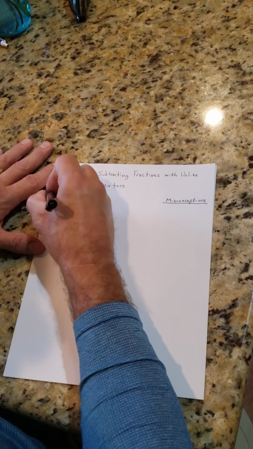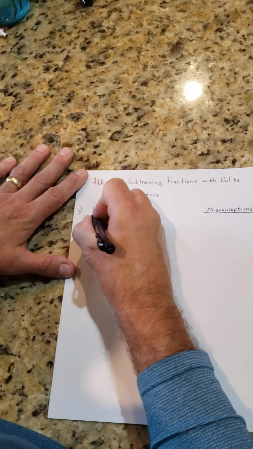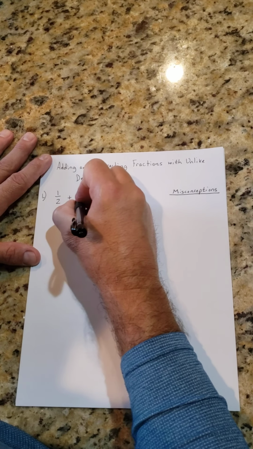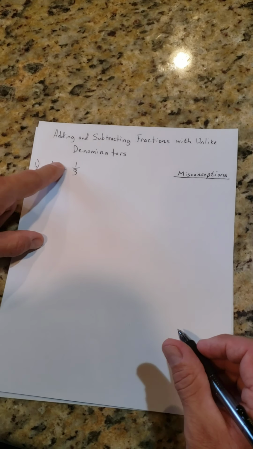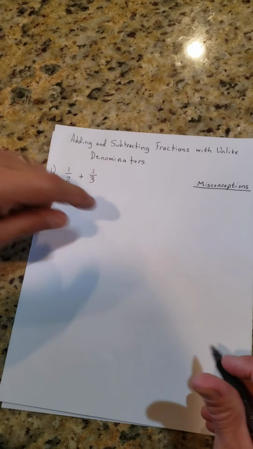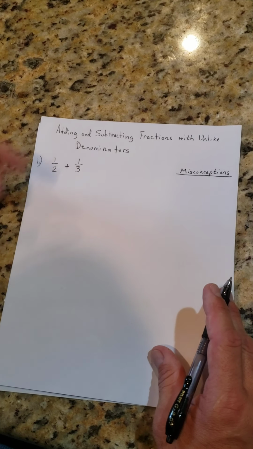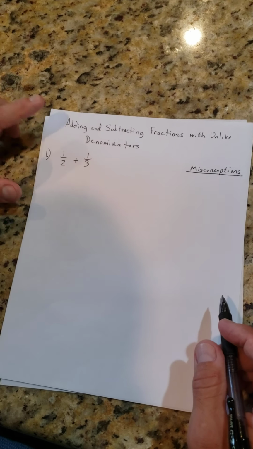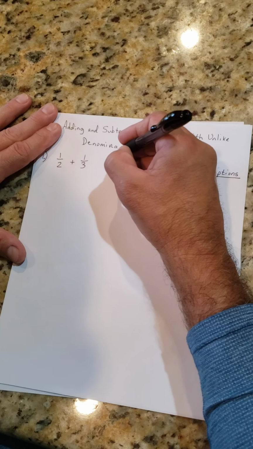Okay, so first thing here is we're adding two fractions, say 1/2 plus 1/3. So let's remember here that we cannot just add the numerators and add the denominators and come up with our sum. We have two different names, so we have to rename these fractions. And if you remember, when we were working on adding and subtracting fractions with unlike denominators, we went ahead and